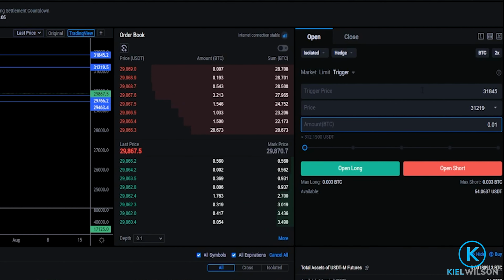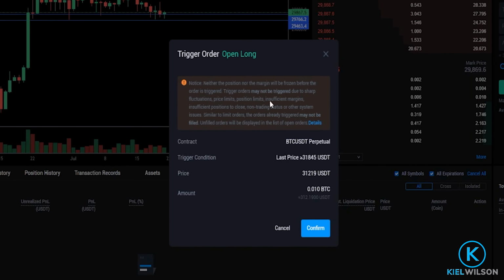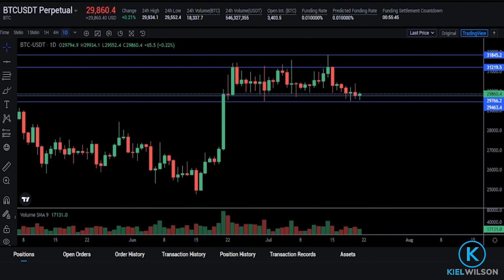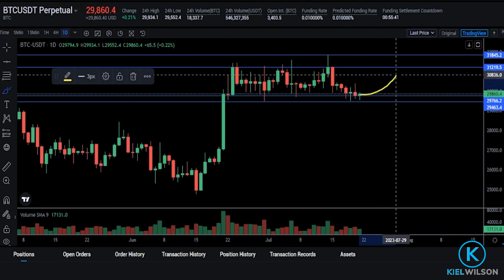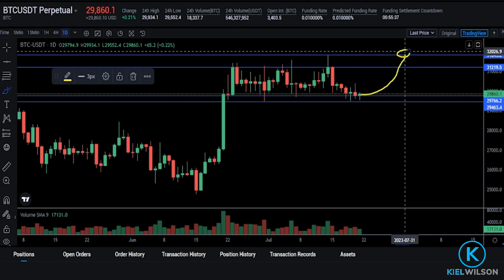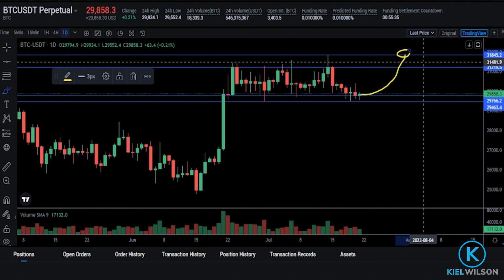Now that I have this set up the way that I want it, I'd come down here and click on Open Long. Confirm that the details are what you intended, and then click on Confirm. Now I've placed that trigger limit order at the top side of the range. So if Bitcoin was to work its way back up and hit my trigger price up here at 31,845, Huobi will place a limit order to open a long position at